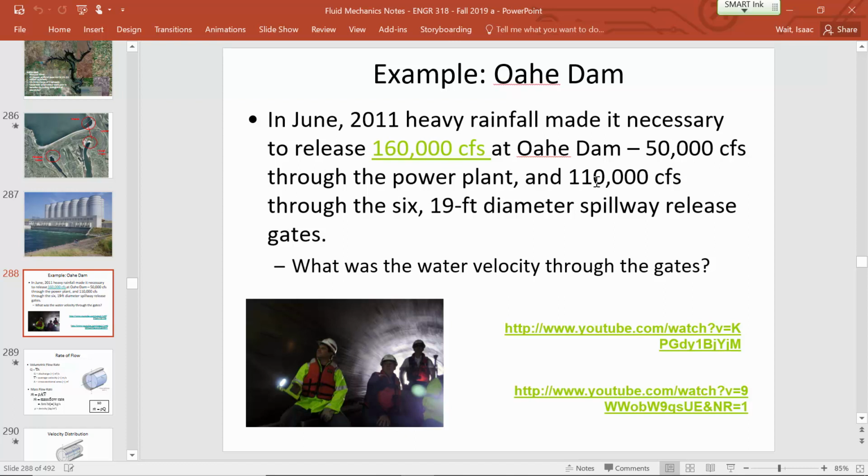That's one of the applications we're going to see later when we consider Bernoulli's equation: we can use it to predict the risk of cavitation, and cavitation can further cause damage and scour to the downstream infrastructure. In this case, where they had 64.7 feet per second,